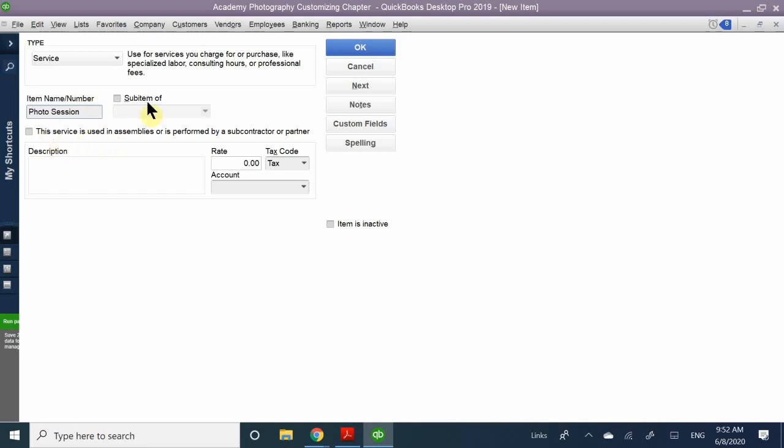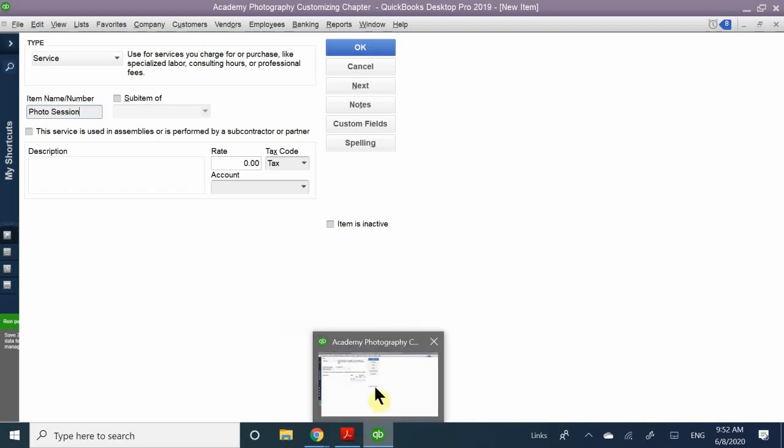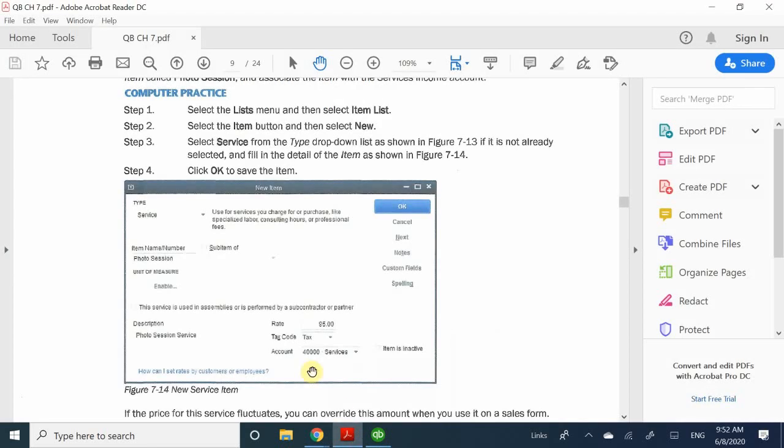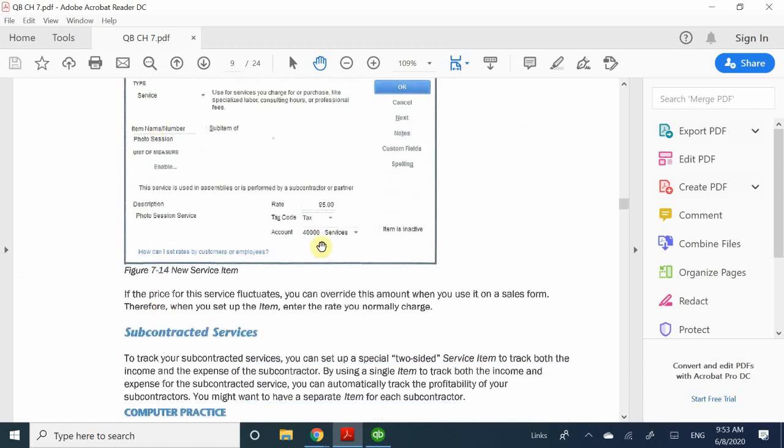Okay, so I believe you do not tap that because we will not be using a subcontractor for this specific entry. Let me see. Did I select it? Okay. So it looks like I did not select it, but I need to make sure that I fill out the rest of the